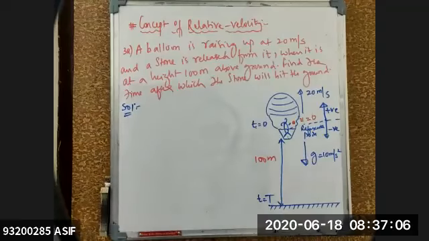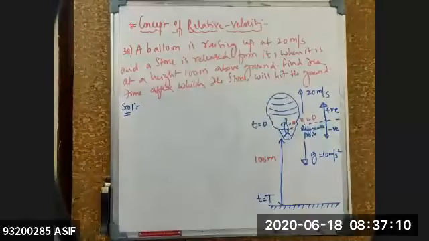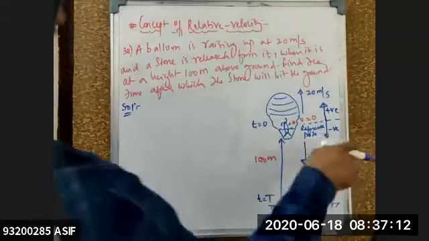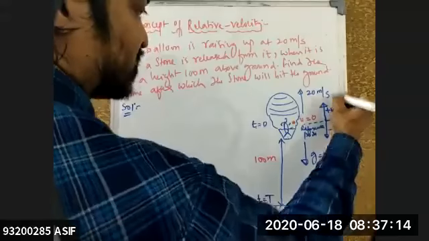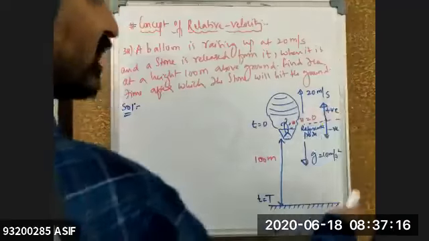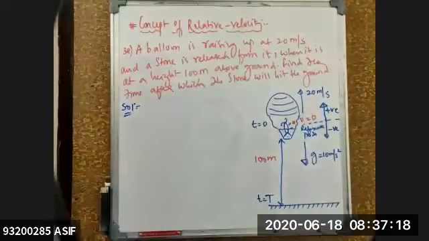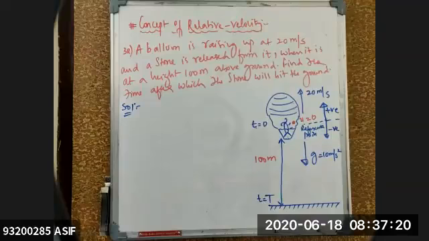how much time? Capital T seconds, by definition. Everything above the reference will be positive. Everything below the reference will be negative. That means this will be taken as positive x and this as negative x, or positive y or negative y, depending upon your understanding. So tell me whatever the data is given.